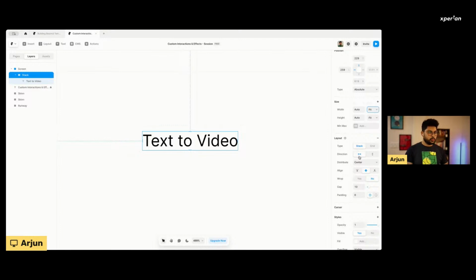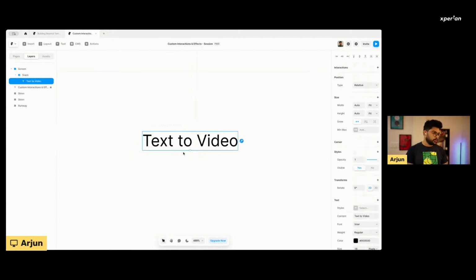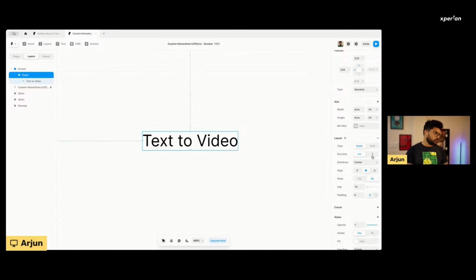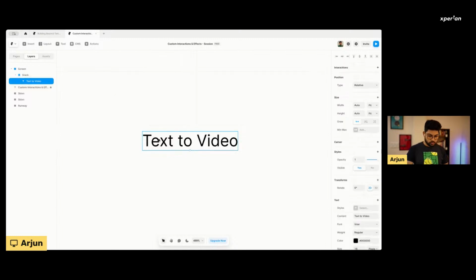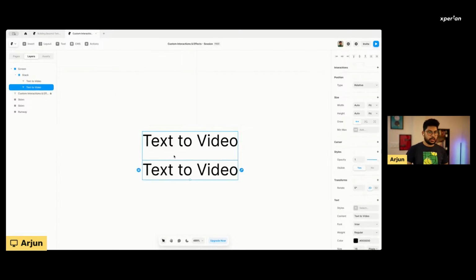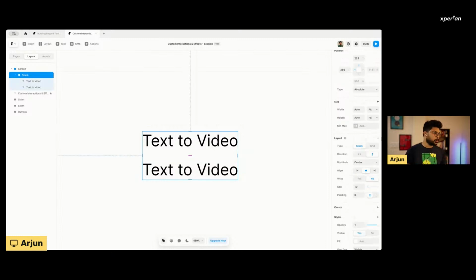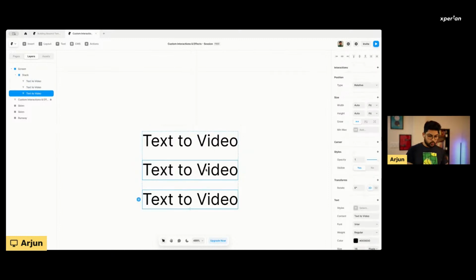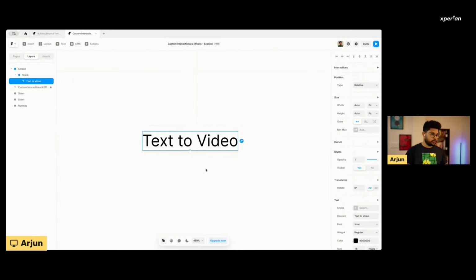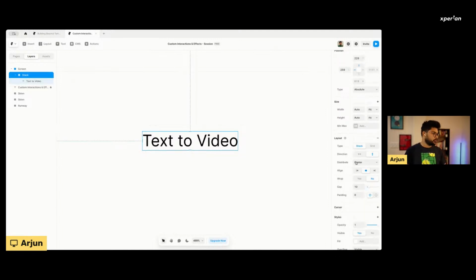So you can choose which axis you want to lay out, horizontal or vertical. Basically, if I choose vertical, and if I just copy and paste this, you will see that the next object, the text object, is being automatically stacked and contained within this particular top level, and it goes on like that. So that's just a one-dimensional stacking right there. And likewise, we can